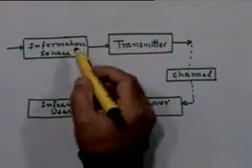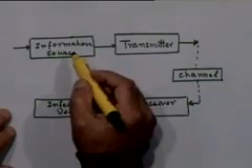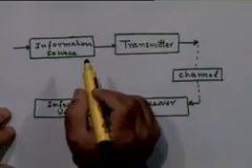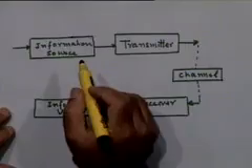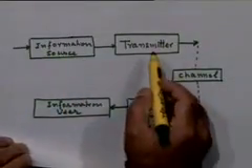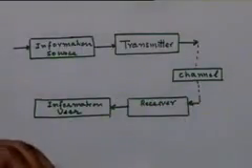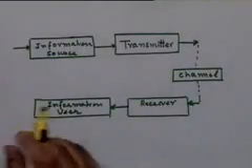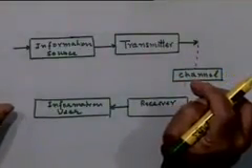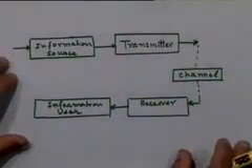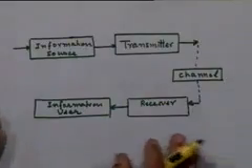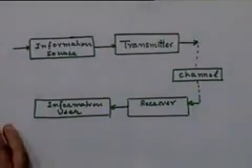Okay, so if you now come back to this block diagram, we have discussed to some extent the nature of the information source, particularly with reference to the bandwidth requirements. Alright. Now let's discuss a little more the issue of the transmitter. What does the transmitter have to do? What are the basic functions of a transmitter? As I mentioned earlier, the basic functions of a transmitter have to do with